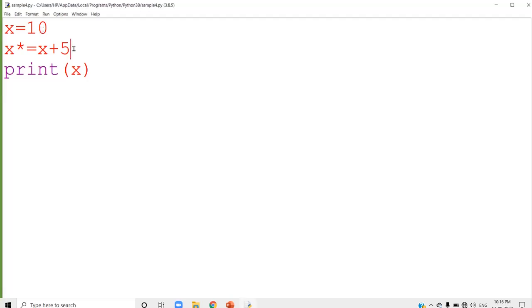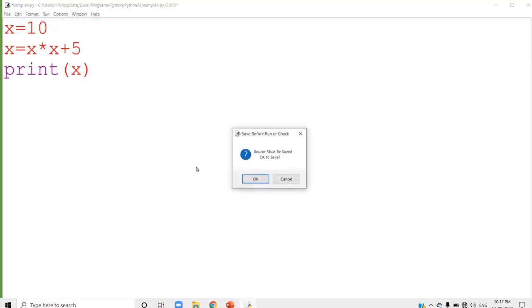Now instead of this augmented form, if you write the expanded form, x = x * x + 5, then the multiplication has the high precedence. x is 10, 10 into 10 gives 100, then 100 plus 5. See what the answer is.